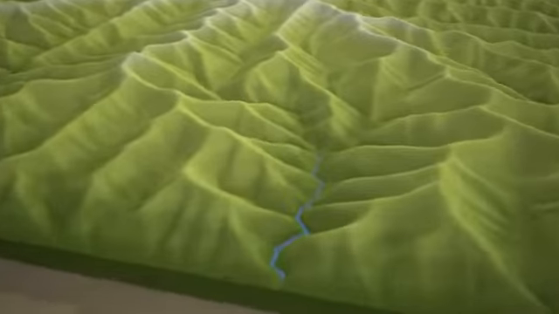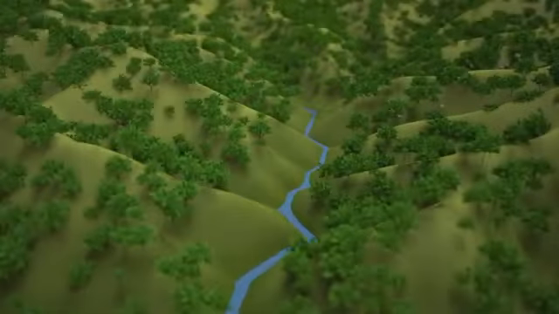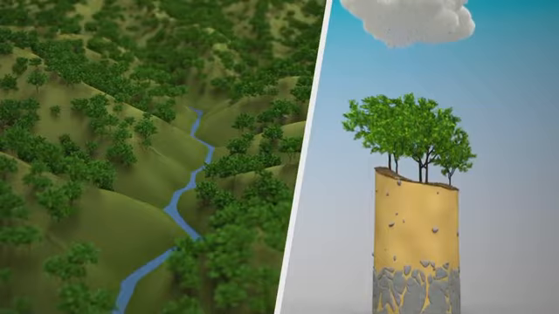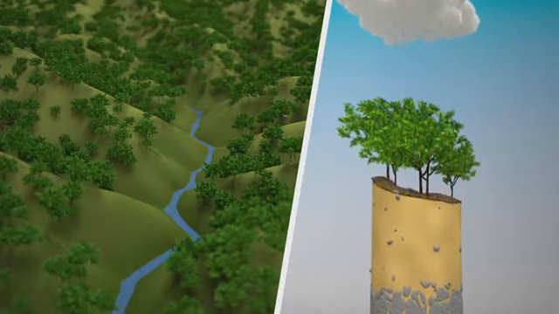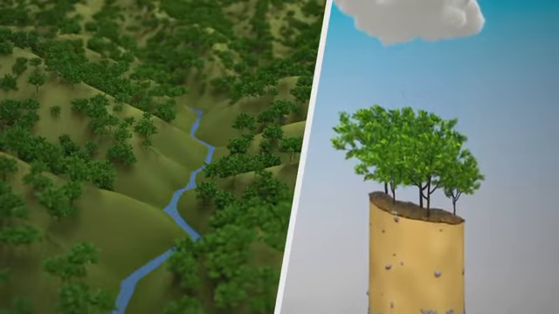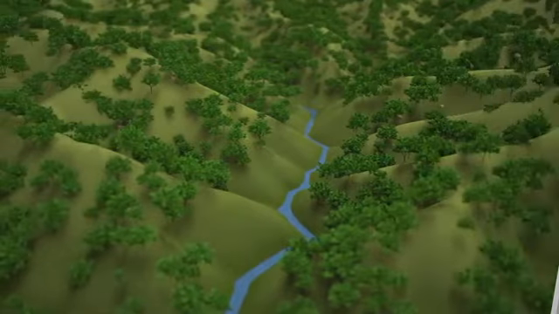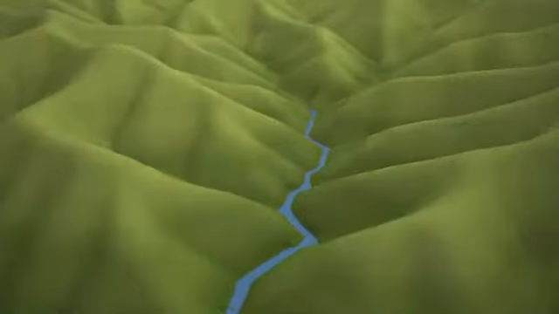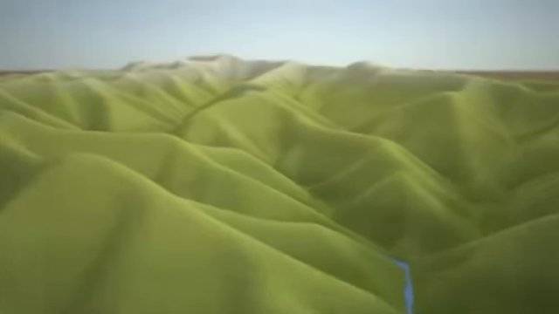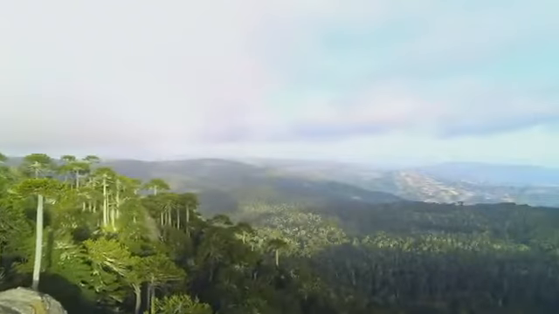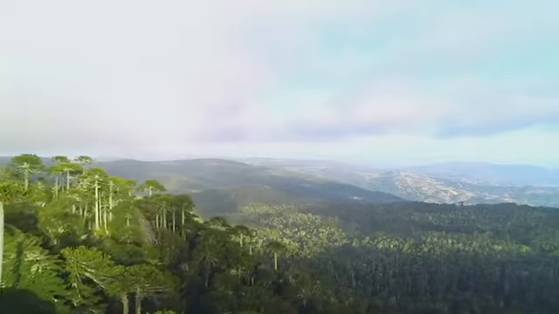If we zoom into one catchment, we see that vegetation obstructs the flow of water and focuses it in channels. We can also see the deep weathering of rock by water and plant roots. This landscape is very similar to what we see in Parque Nacional Nahuelbuta in south-central Chile.